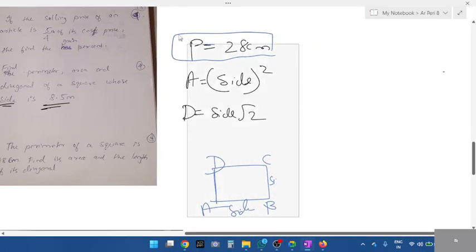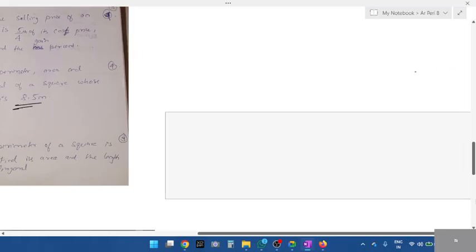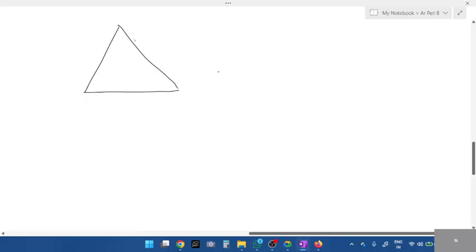See, triangle, there is one concept, students. Triangle concept. I'll teach you all that. Along with quadrilateral, if you use even the triangle concept to find the answer. Look, a triangle has how many sides? A triangle has,